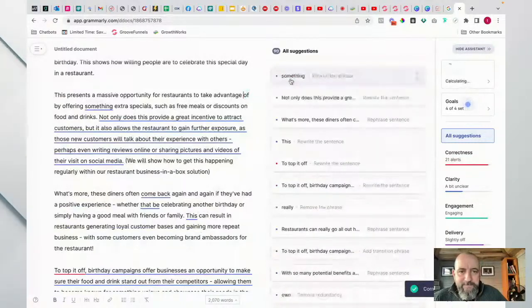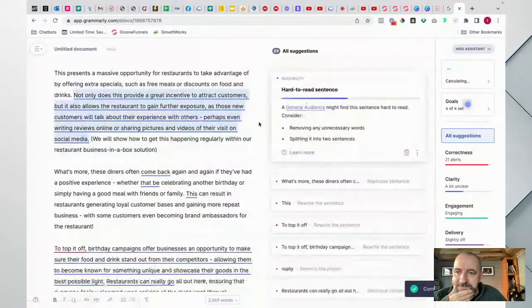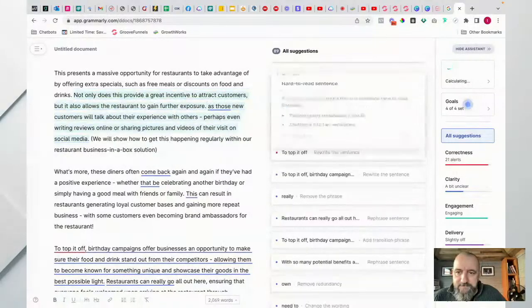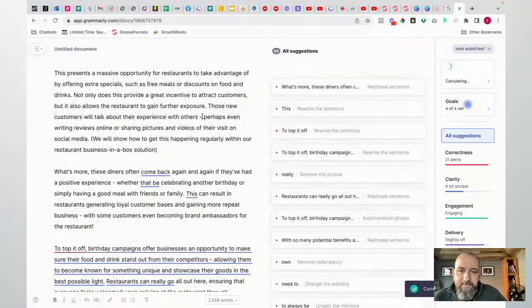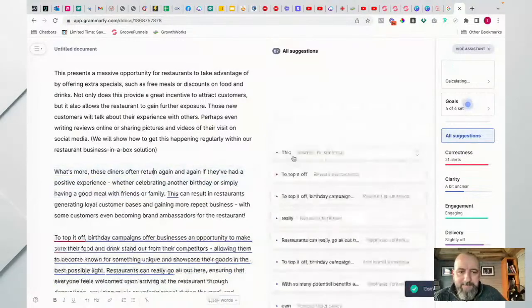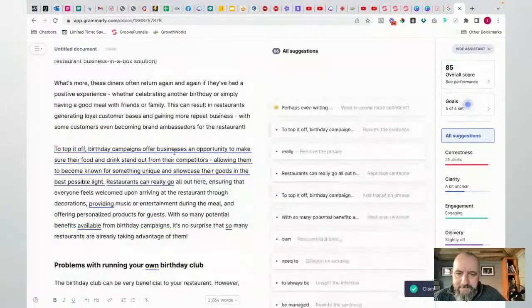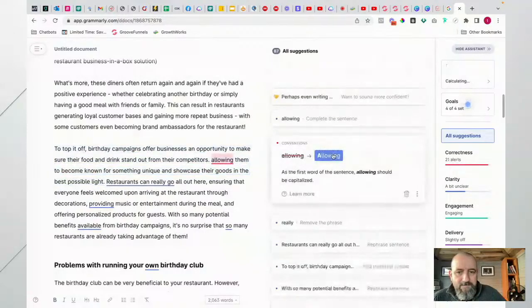Right. By offering something extra special, not only does it provide great incentive to attract customers, but also allows the restaurant to gain further exposure. As the new customers will talk about their experience with others, perhaps even writing a review. Well, they're definitely going to do that with the offer that we're going to give them, to make sure that they come back. This bit, to top it off. Birthday campaigns offer business an opportunity to make sure food and drink stand out from the competitors, allowing